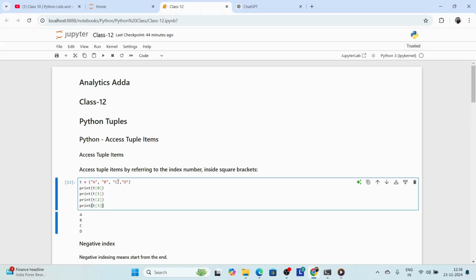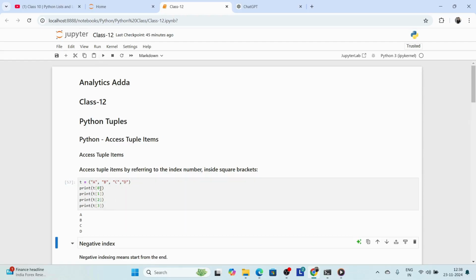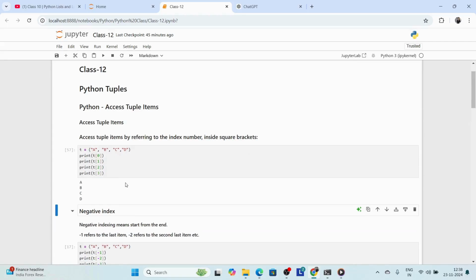Suppose you want to access the first element, then we can use the index 0. For the third element, we can use index 2, and there is a C. We can run this, then T0 means A, T1 means B, T2 means C, T3 means D. This is how we can access the tuple items. This is also called positive index.